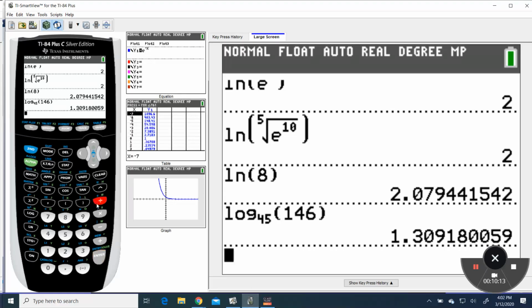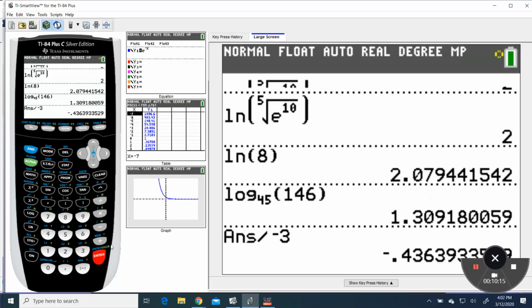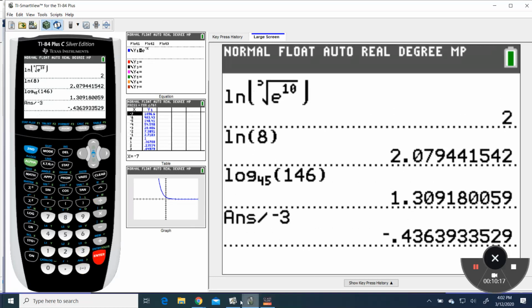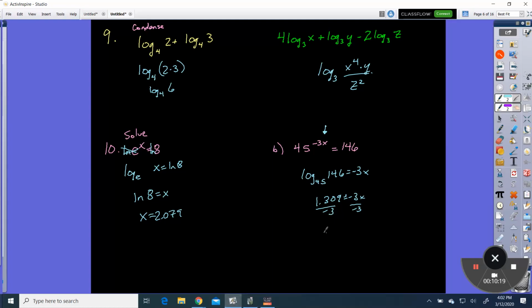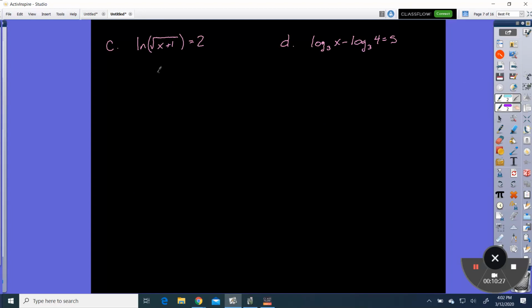So I go back to my calculator, hit divide by negative 3. So it's negative 0.436. All right, so that was 10 part B. Part C,